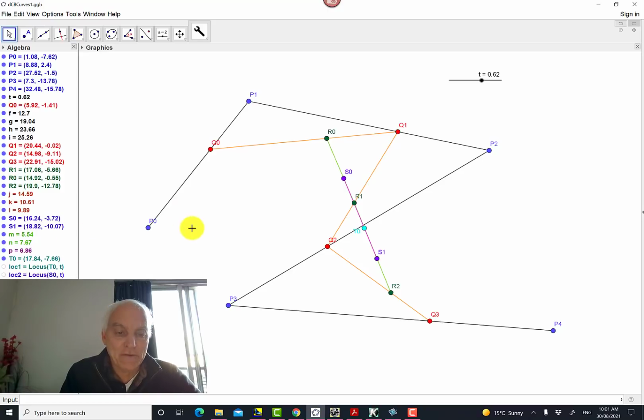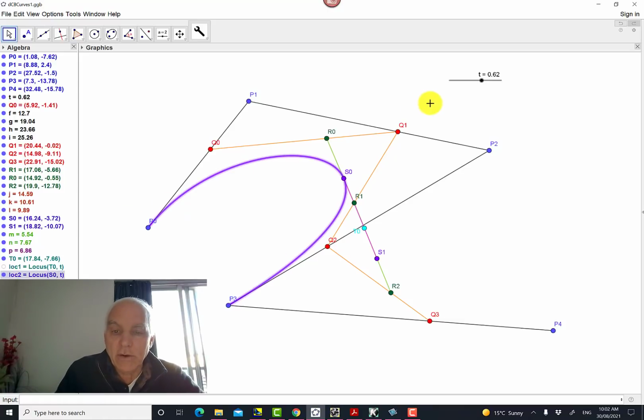So now let's look at 4 control points, P0, P1, P2, and P3. Now we have Q0 involved, Q1 involved, and also Q2 involved. And now we have both R0 and R1 also traversing these 2 segments. And once we have them, then we can look at this next level point, S0, which is traversing the segment between R0 and R1. And let's have a look at the locus of S0. Here it is here.